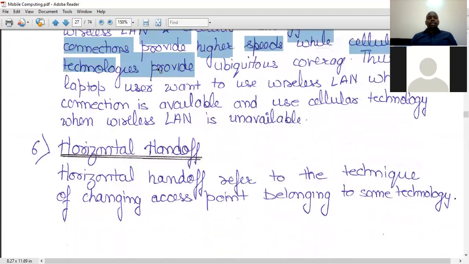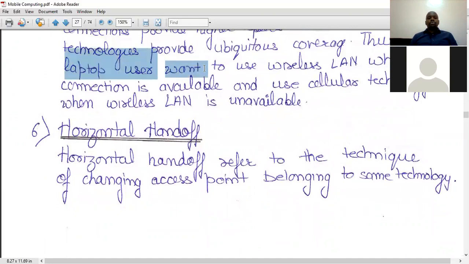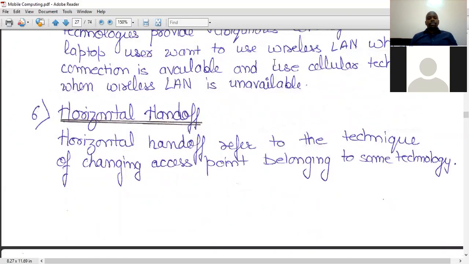But cellular technology, cellular is now mobile phones, okay, smartphones. Cellular technologies provide ubiquitous coverage. Thus, laptop user wants to use wireless LAN when laptop